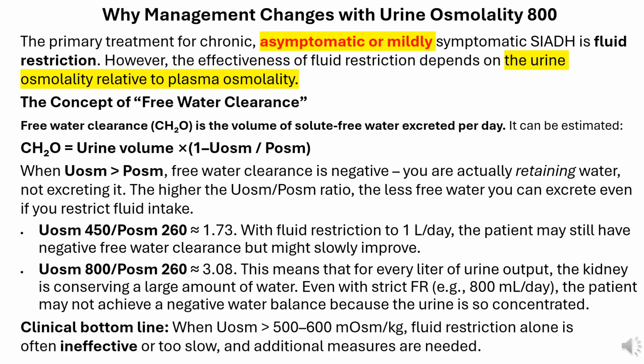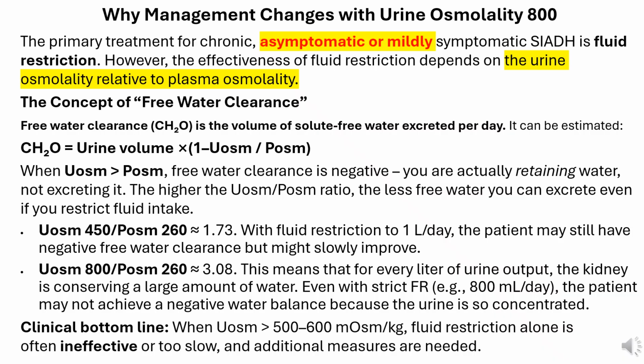The higher the USM/POSM ratio, the less free water you can excrete even if you restrict fluid intake. USM 450/POSM 260 is about 1.73. With fluid restriction to 1 L/day, the patient may still have negative free water clearance, but might slowly improve. USM 800/POSM 260 is about 3.08. This means that for every liter of urine output, the kidney is conserving a large amount of water. Even with strict FR, e.g., 800 milliliters per day, the patient may not achieve a negative water balance because the